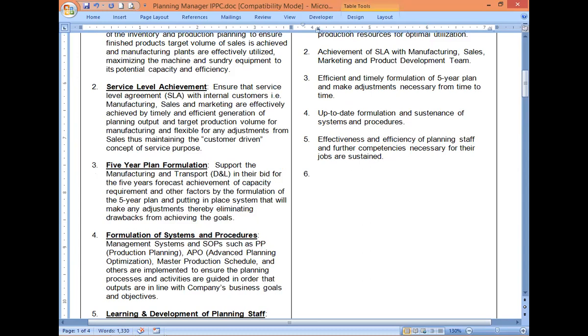So the success indicator would be, make it simple, make it short, make it precise. Sustainable, make it sustainable, right? Always room for improvement, so make it sustainable. If you say I'm already perfect and I don't want any improvement, that's wrong. There is always room for improvement, especially in manufacturing. And effective use of systems